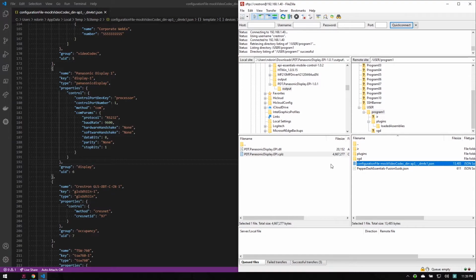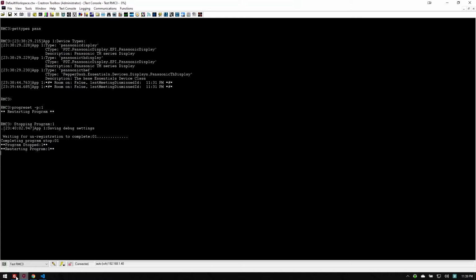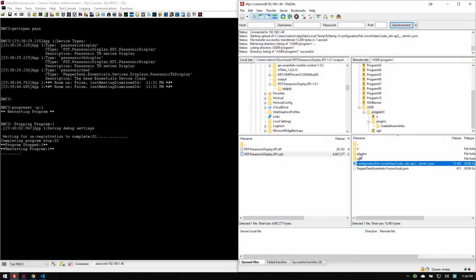And I'm going to load the changed file when it prompts me. Away it goes. And then I'm going to go back to our Toolbox console session here, and I am going to reset the program, and it's going to load the new configuration file. And since we've already loaded our plugin, it's going to try and grab that device type from the plugin. So while Essentials is starting up here, we'll take a quick look, and I will show you that since